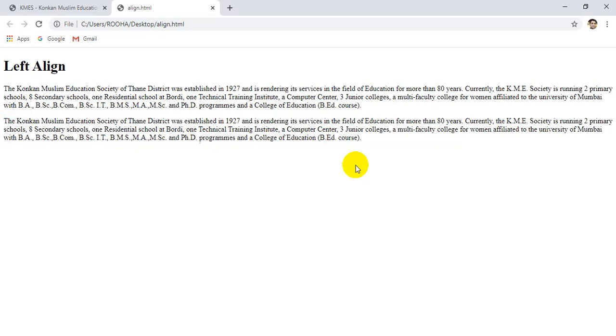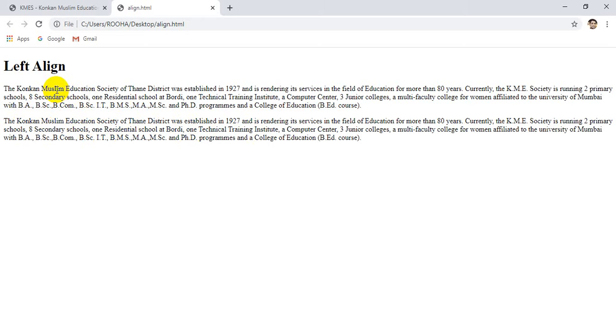So student, can you differentiate between these two paragraphs? Please watch properly. Please check whether there is any difference in these two paragraphs. My answer will be no, because I have assigned left align to the second paragraph by using CSS, but the default value of text-align is left.